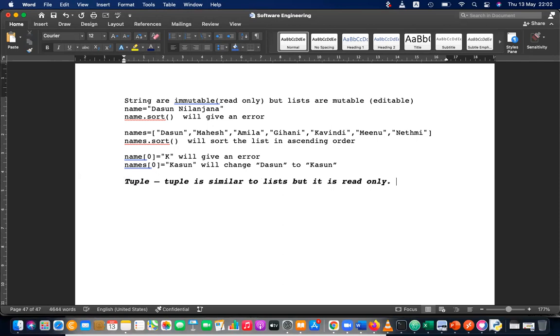So that is the feature. If you want to declare a tuple, you can declare it inside normal brackets.